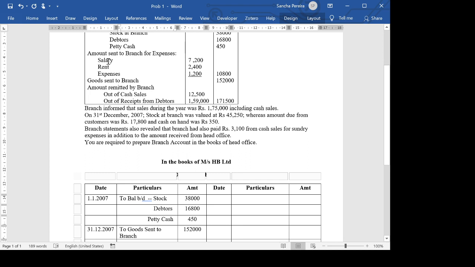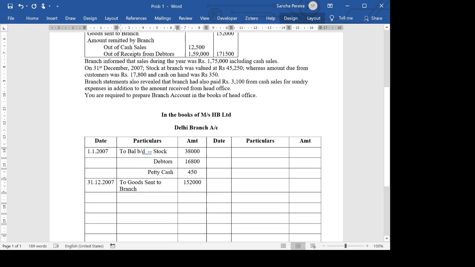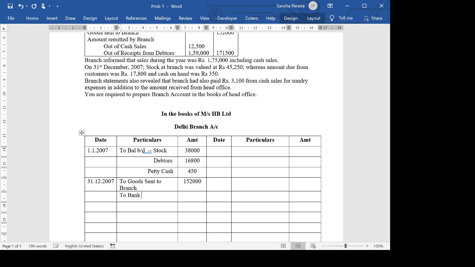Now we don't know how this amount has been sent. It could be sent by cash, it could be sent by bank. If you see the format, it's put there as cash/bank. So it can either be sent by cash or by bank. But I would prefer to assume that it would be sent by bank. Keeping with the modern times, most of the transactions and transfers are done in electronic form. So I would assume that it is sent by bank. So I will just put it as to bank for expenses,